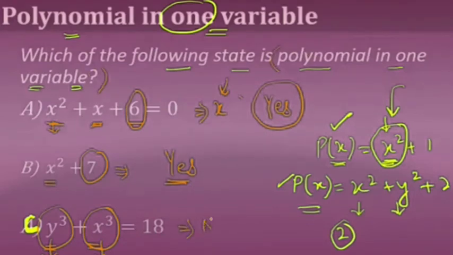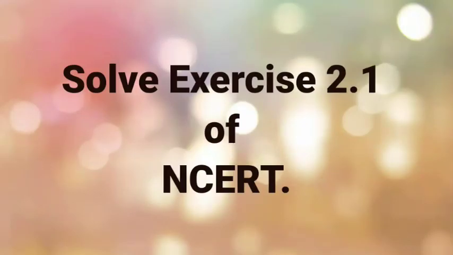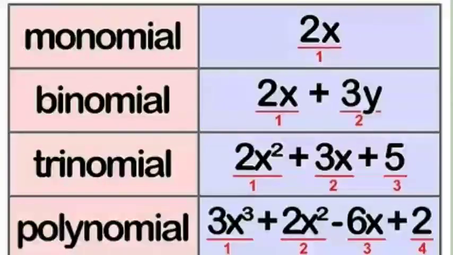So I have just described polynomial, terms of polynomial, and polynomial in one variable. So you need to do exercise 2.1 of NCERT, where you will recognize whether the given algebraic expression is a polynomial or not, and which kind of polynomial, meaning linear, quadratic or cubic. After that, whether the given polynomial is in one variable or not. Simply check how many variables are given in that algebraic expression. If one, yes, it is a polynomial in one variable. If more than one, it is not a polynomial in one variable.